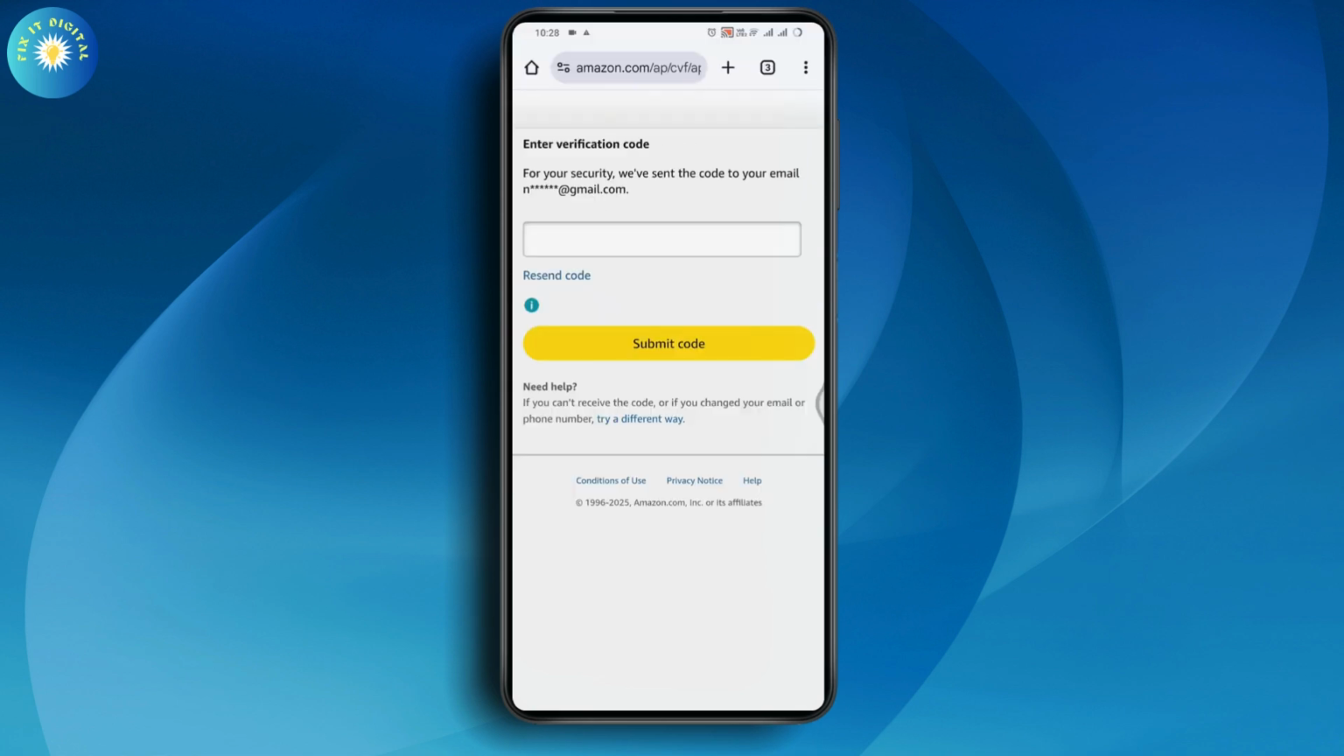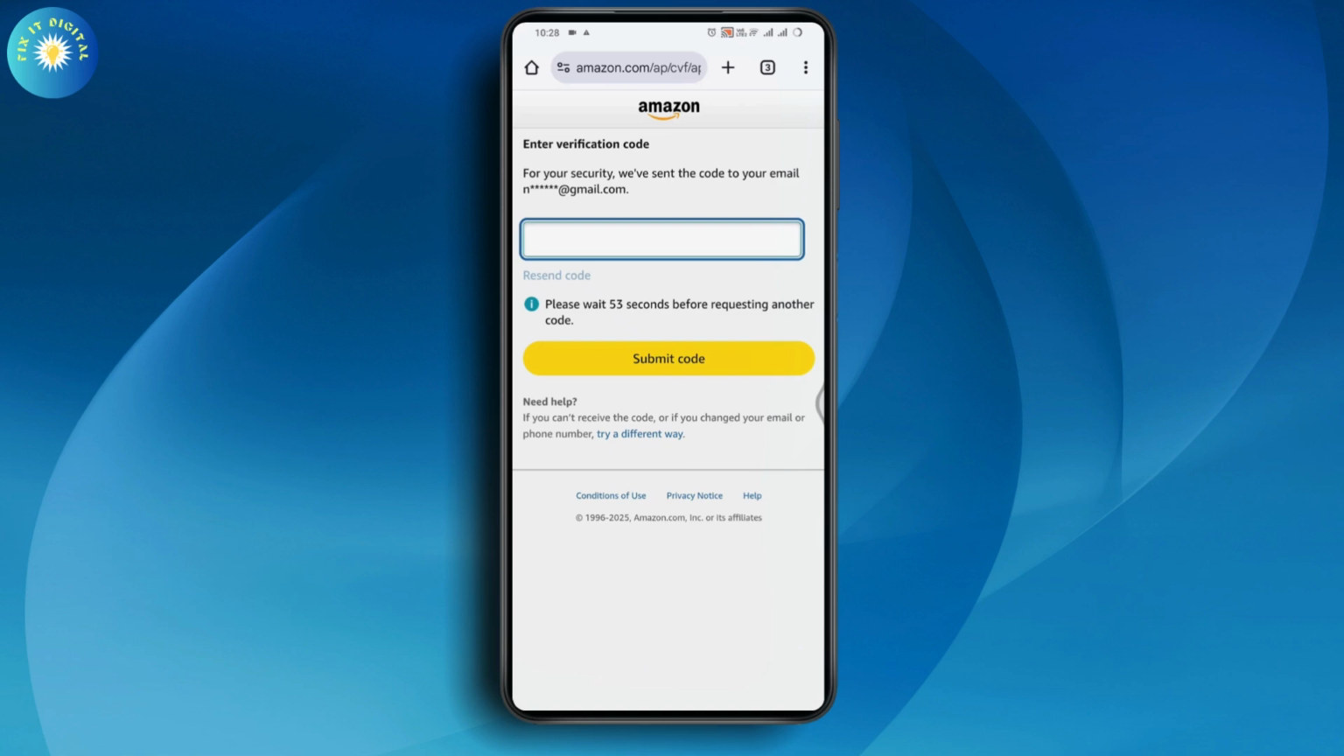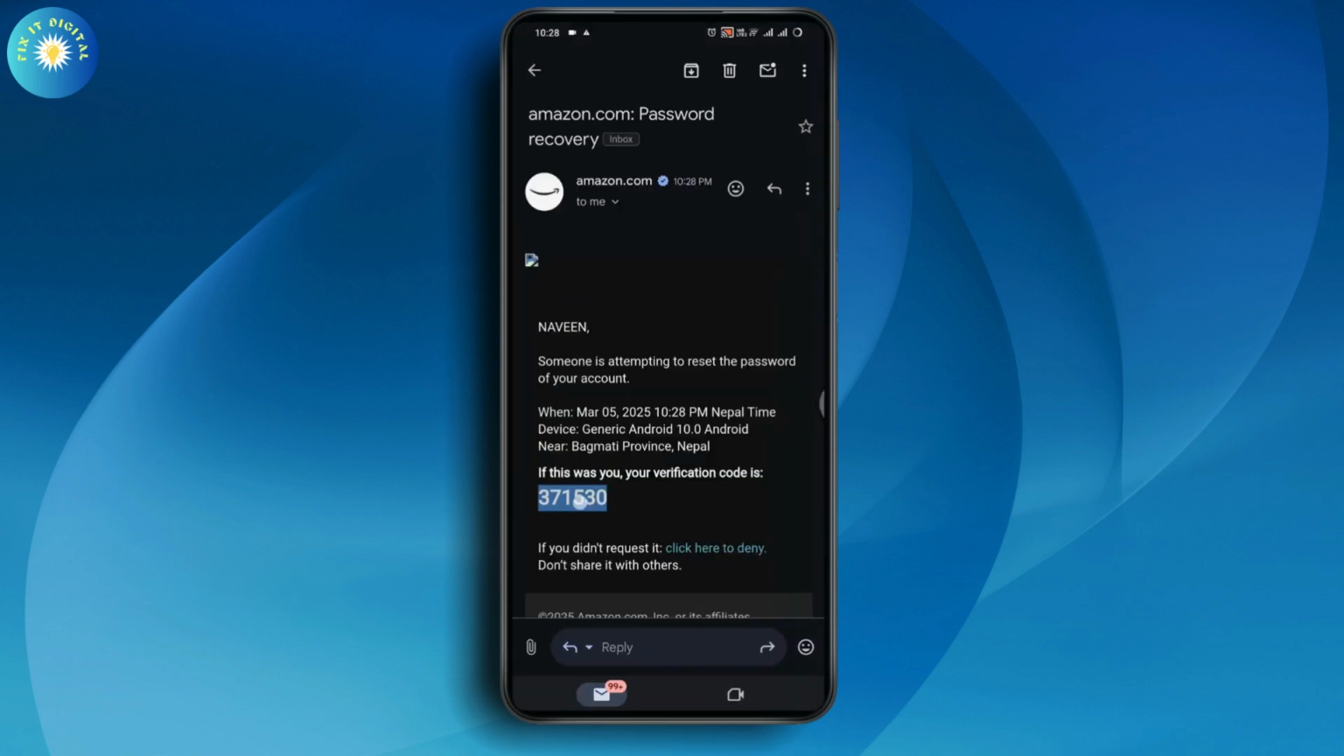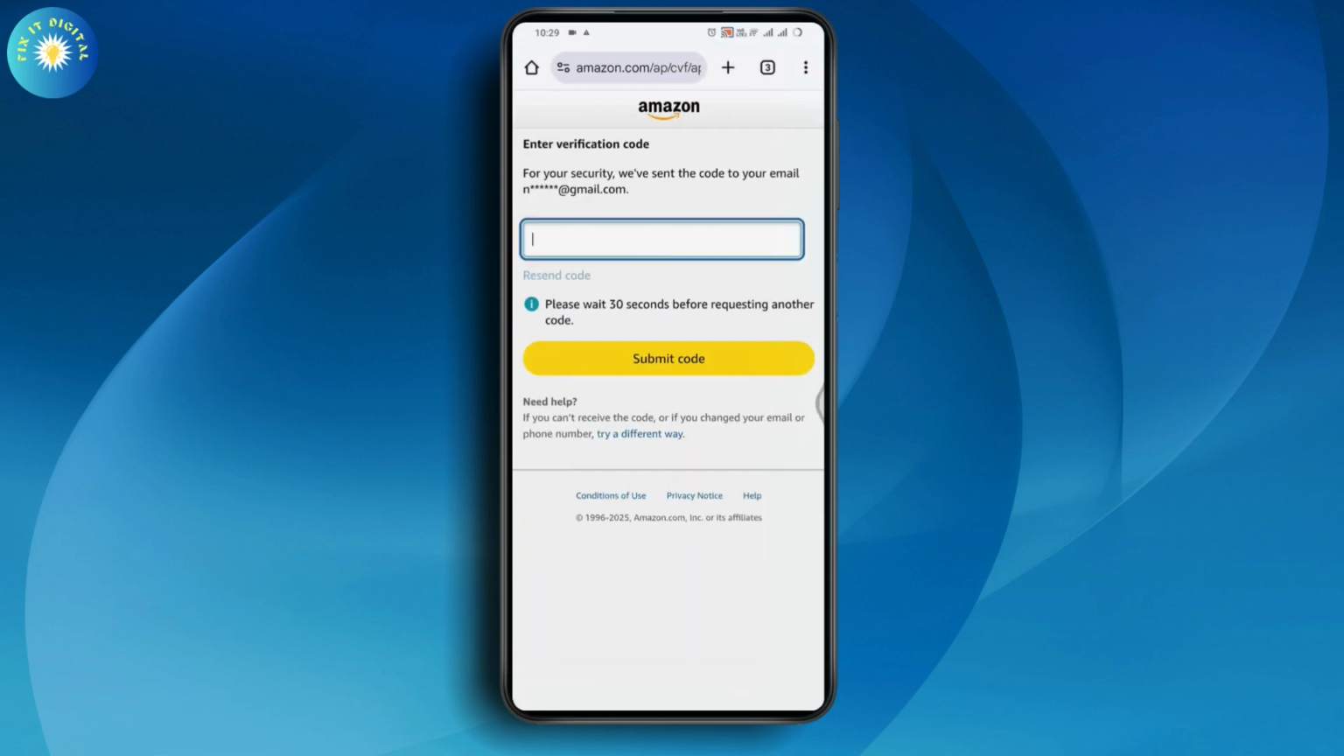And here it says that for security reasons, we've sent code to your email address. So you just need to simply go with your email address. If you have it on your mobile device, then you can go with on the mobile device and copy the code. You can just tap on it and it will open up that email. You will have the code right here. So tap on the code, copy, go back, paste the code right here, tap on submit code, and after that